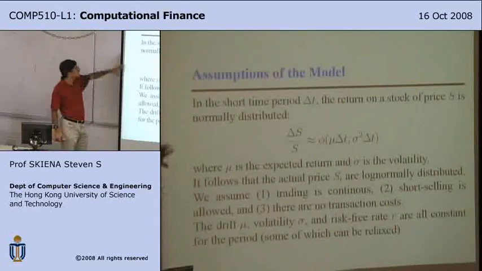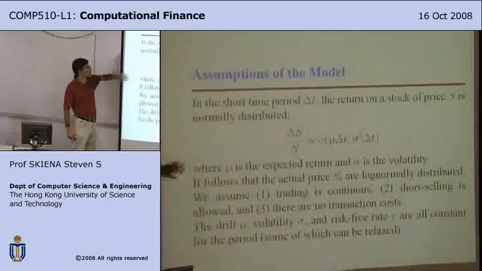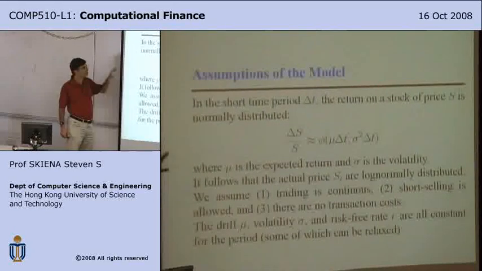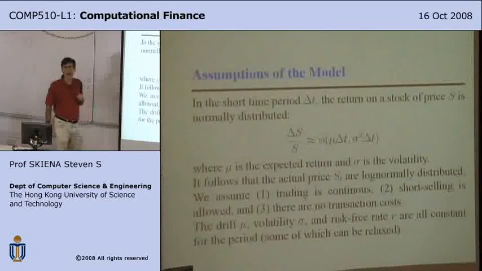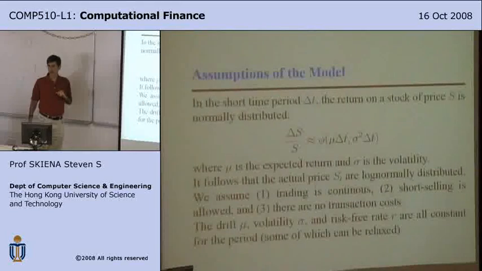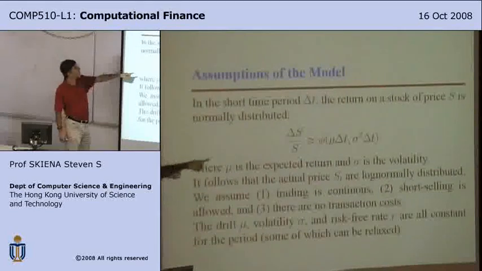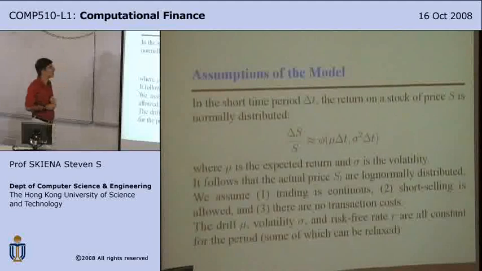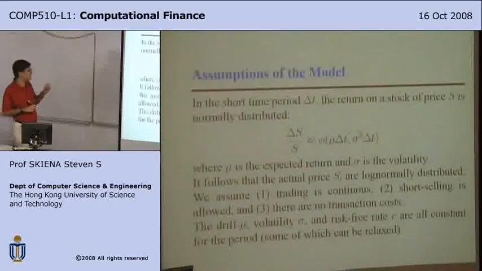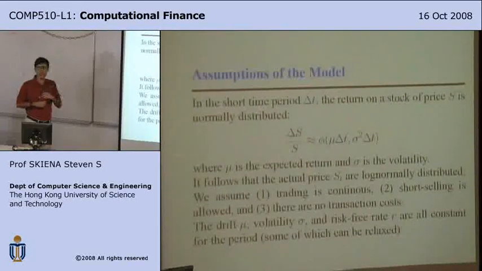So basically what Black and Scholes are assuming is that there is some process that is generating stock prices, with returns governed by a particular mean and drift and standard deviation. Any questions?